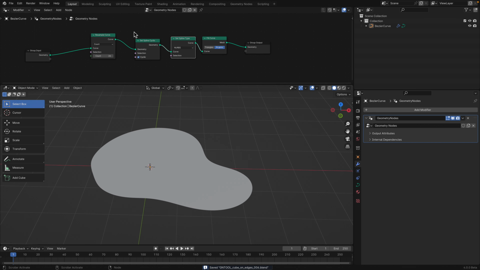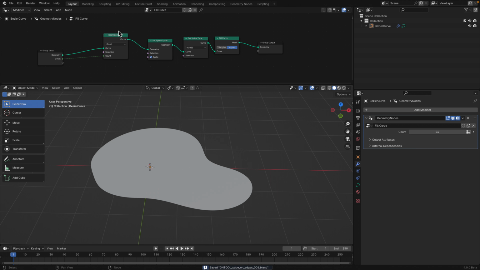Okay, this is modifier. Okay, I think what I'm gonna do, copy that. Okay, fill curve. I want to have control over the sample. Yeah, I think that's all. I can